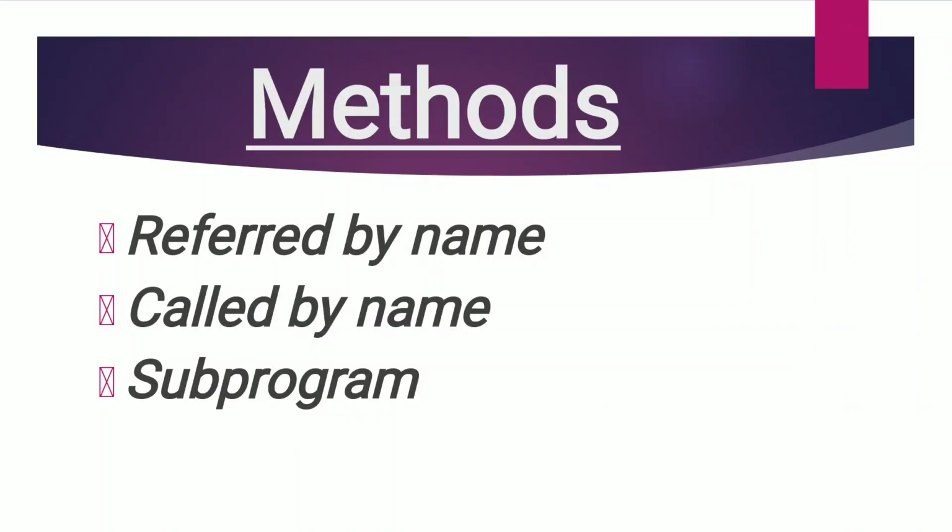Methods. A method is a set of code which is referred to by name, that is identifier, and can be called or invoked at any point in a program simply by utilizing the method's name. To define a method, a method is a subprogram that acts on data and often returns a value. Each method has a name. A Java program is a collection of different methods.